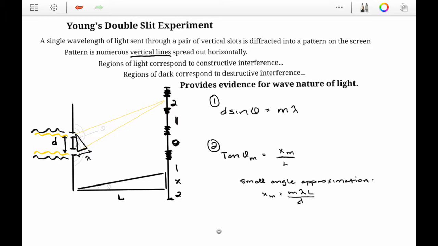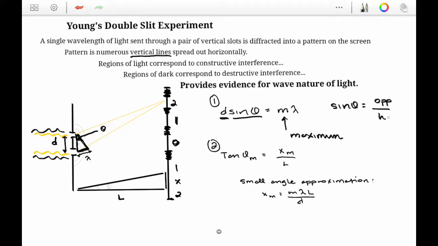There are two mathematical relationships that we can identify from this experiment. The first is that if you consider this first small triangle over here, and if this is theta right here, we can observe that the distance d between the two slits multiplied by the sine of theta of this triangle is equal to m, which corresponds to the maximum, times the wavelength. We know that the sine of angle theta is equal to opposite